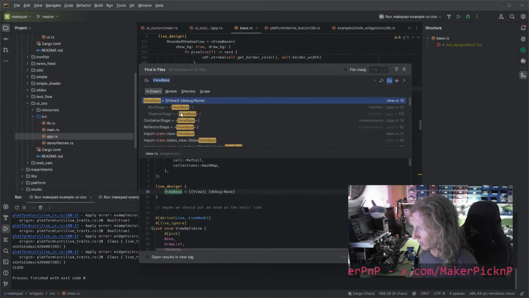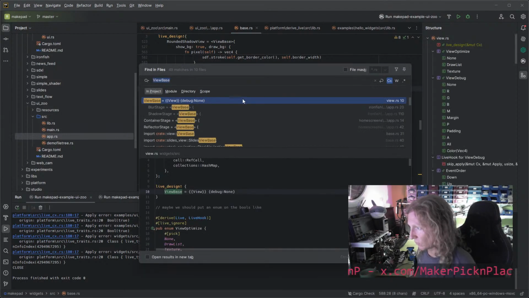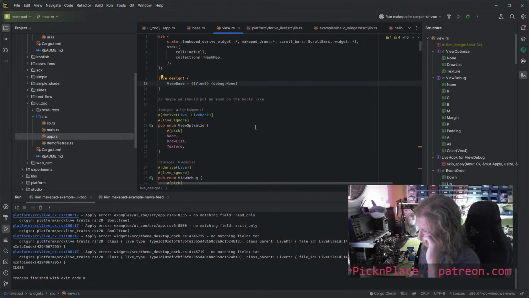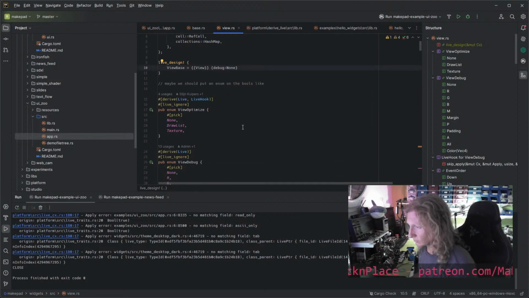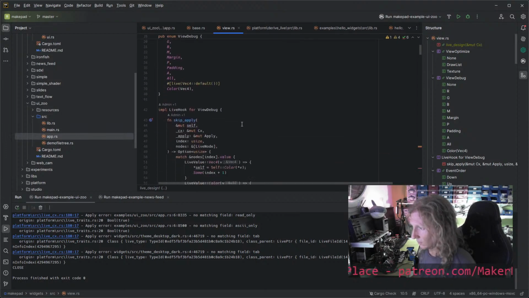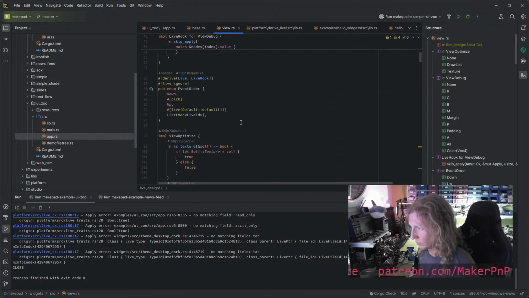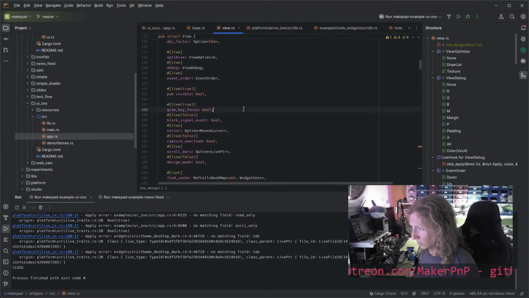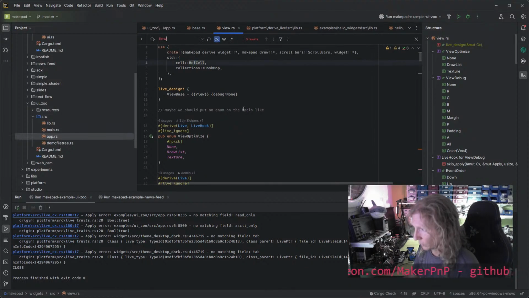So we go down the rabbit hole. View. View base is view. Let's just search this for flow. No. You see,